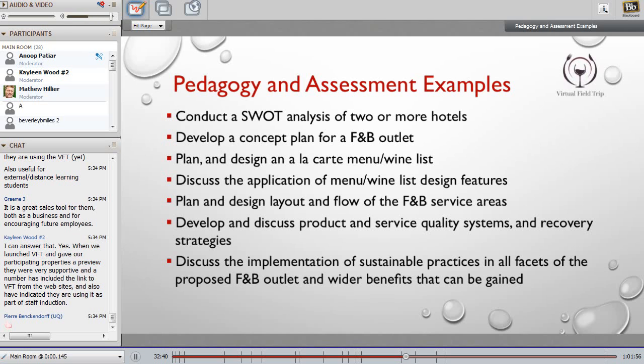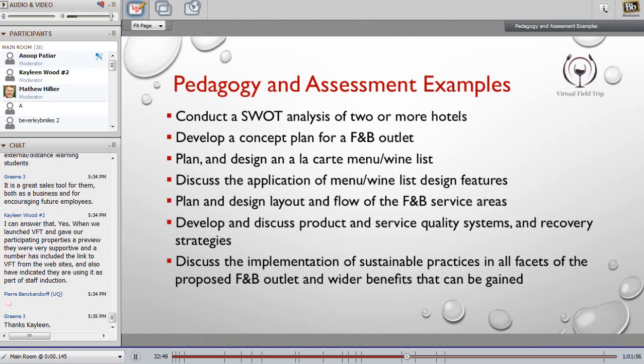They plan out a la carte menus, they design the menus, they design a layout and flow of the restaurants. They try to create ambience in their restaurants. And not only are they doing this, but they are generating a discussion, relating a lot of research and reflecting on the practices used in the existing hotels. And they submit this 3,000-word report for their assessment.